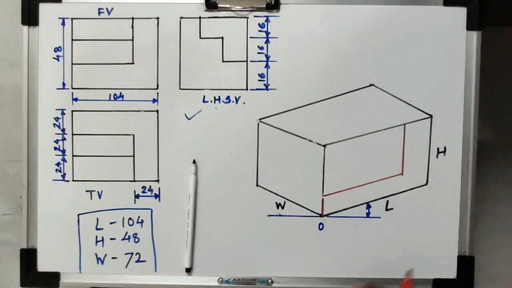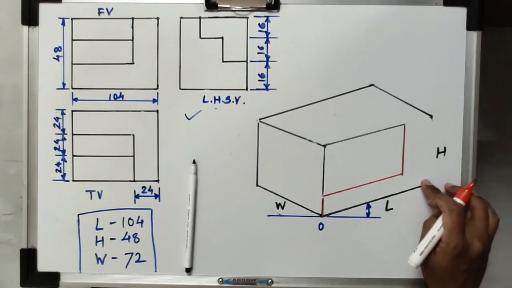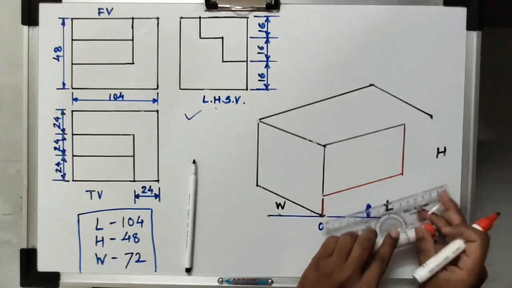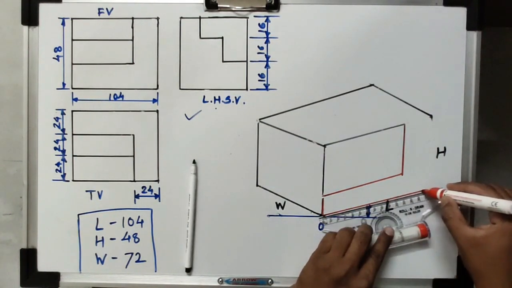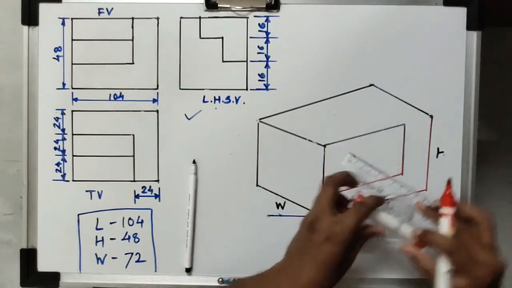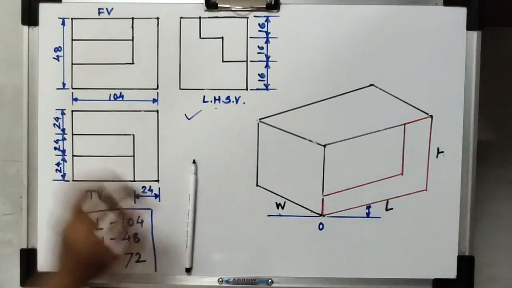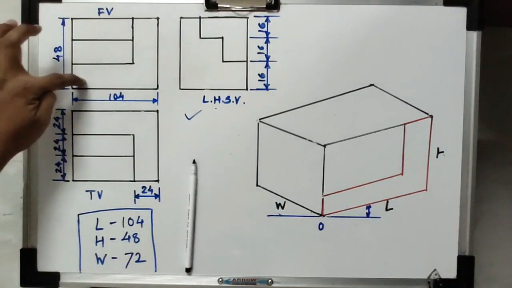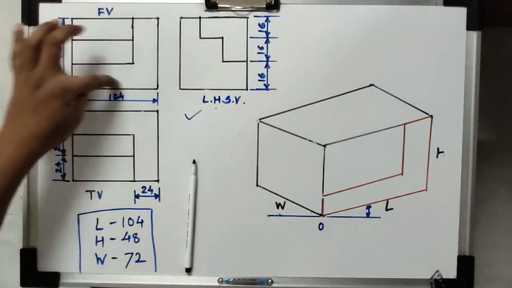And the right side portion, the actual visible lines, I am going to represent with the help of dark red color line. That is the actual outline of the object. Means in the front view, the first step that we have created, between this there is no line. This is the complete one portion which is visible to us, that we have created in the front view.